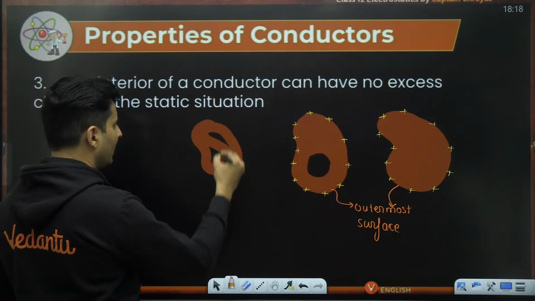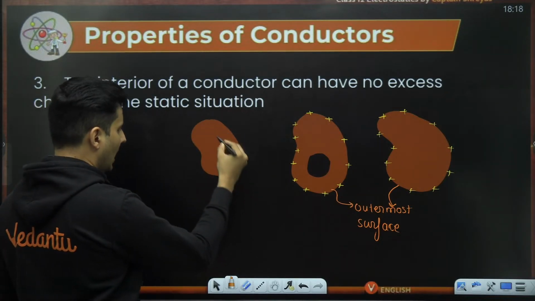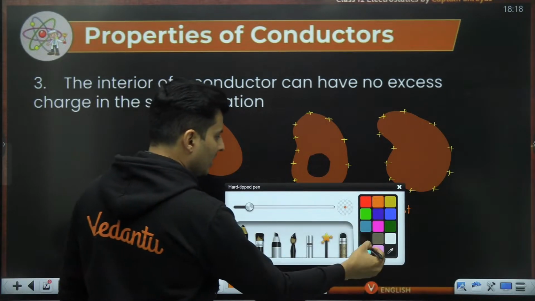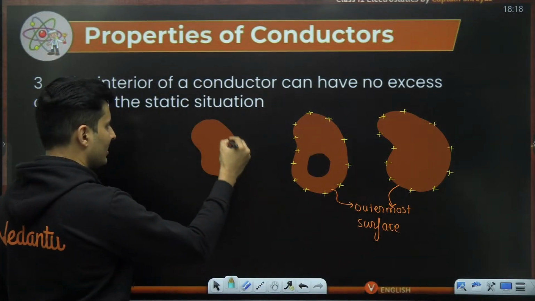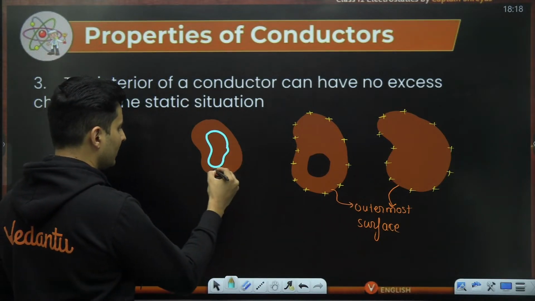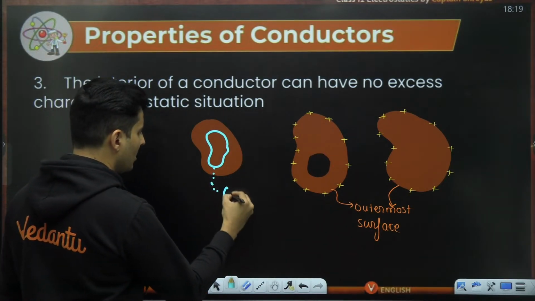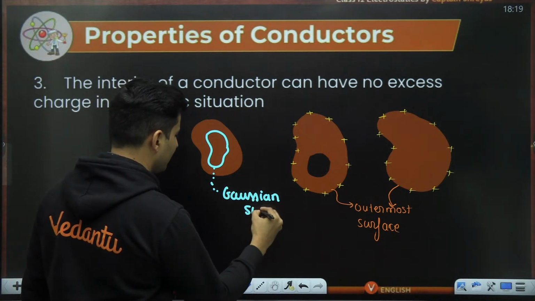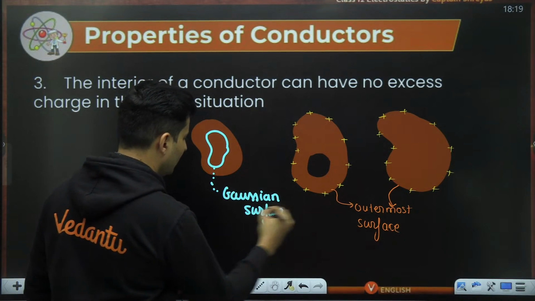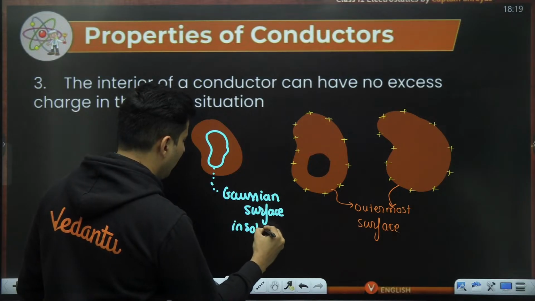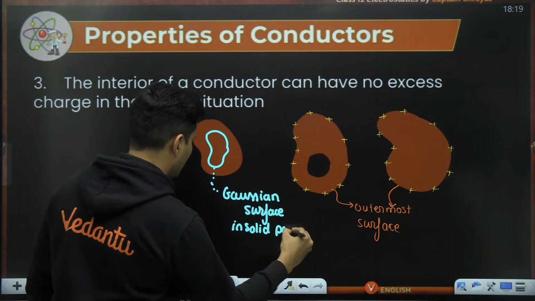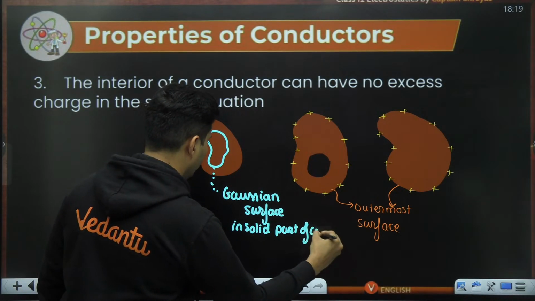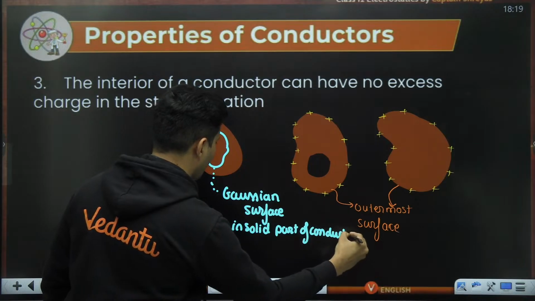Imagine that if you take a conductor and if you choose any Gaussian surface, what is this? This is basically our Gaussian surface. Any Gaussian surface in the solid part of the conductor,